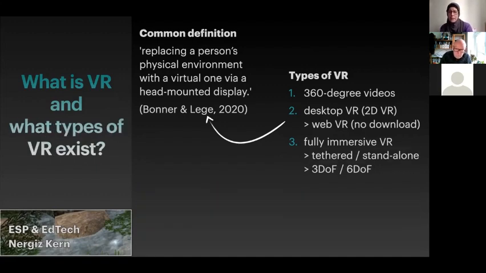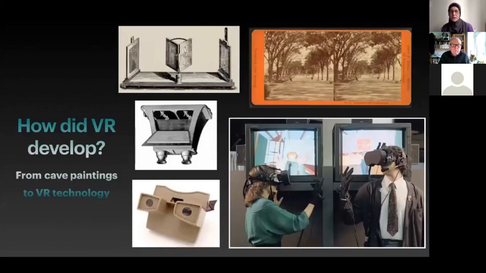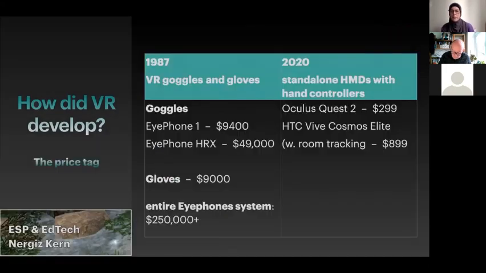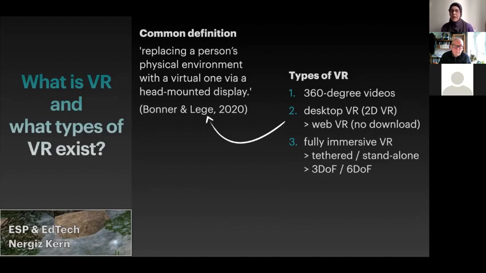Now, if you look at fully immersed VR, we have tethered ones, and I showed you the picture here. If you go back, like these ones, where you are connected to a computer, and obviously then you are less mobile. And now we have more and more standalone ones, which you can really just put into your bag and go somewhere, but also in the room you are. You don't have to stay close to a computer. You can move around freely. And this brings us to the next point.